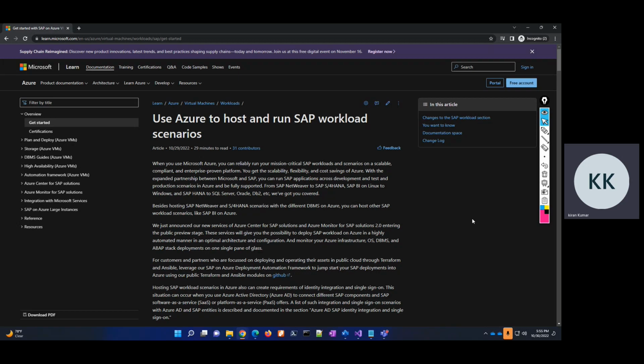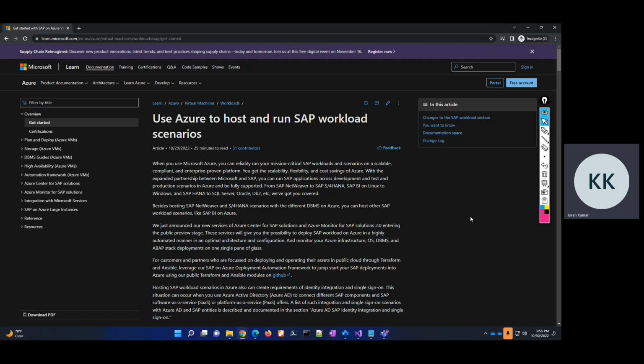But here the problem is SAP latency from front end to back end. The database needs to provide services to the front end with very minimal latency. If the latency is even a little bit high, it won't work properly. That means performance issues and a lot of other things; business logic wise, it won't work properly. So even Microsoft provides one thing